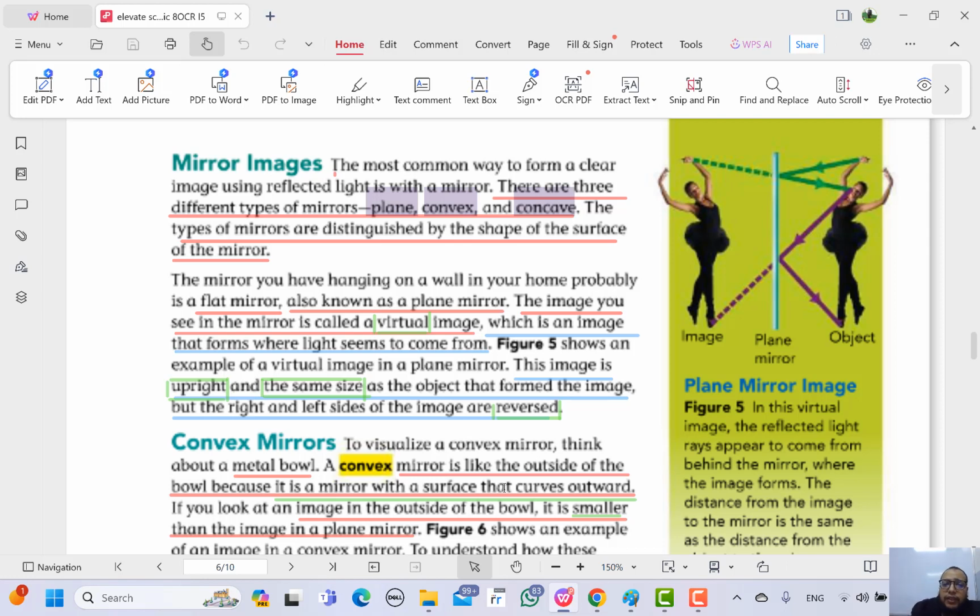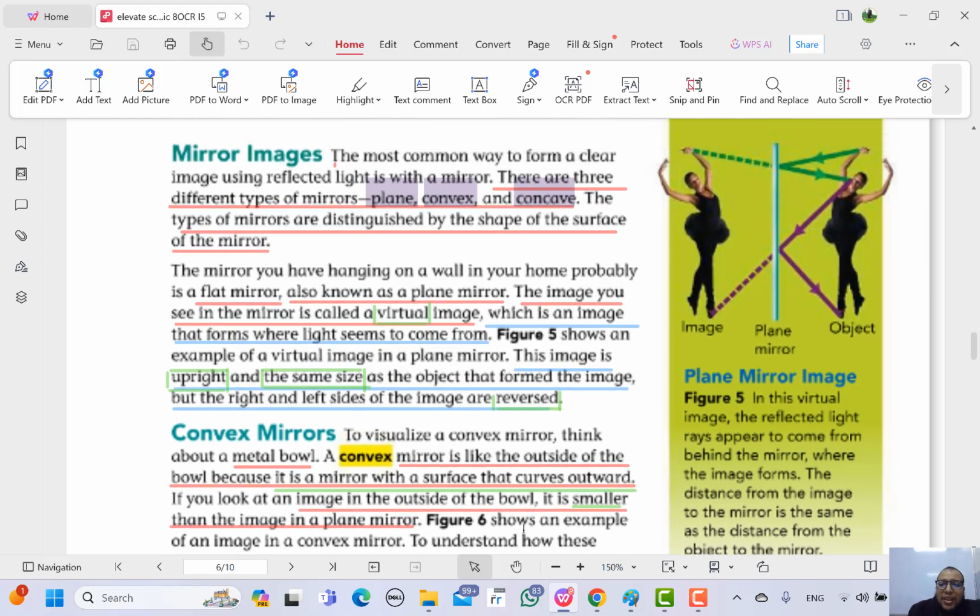The plane mirror is a flat mirror. What is the important thing we must know here? For every kind of mirror or lens, we must know its shape and the image. If we want to see an object through it or from it, what are the properties of this image? Let's begin with the plane mirror. The plane mirror gives us a virtual image, as you see in the picture,